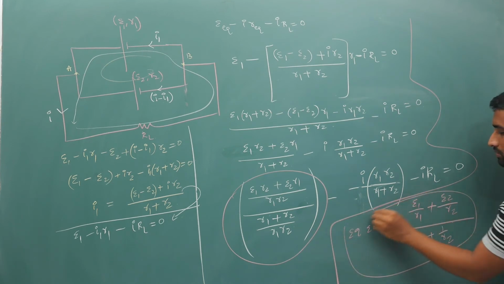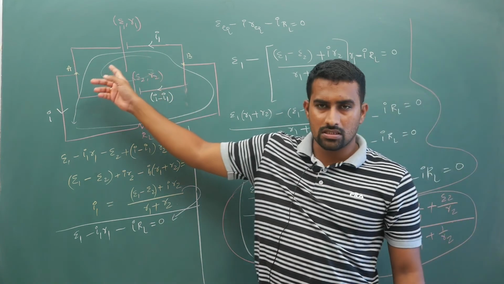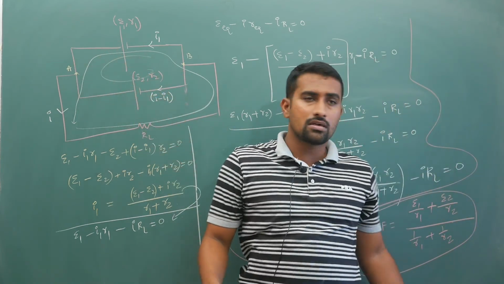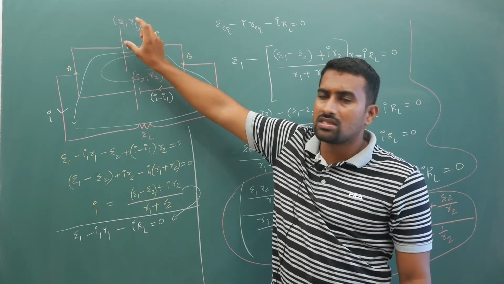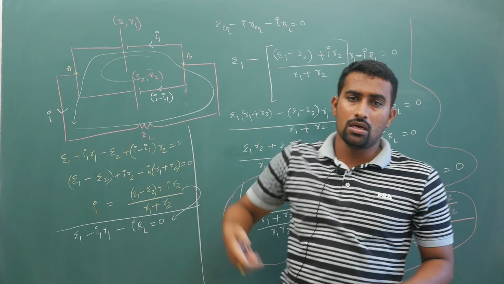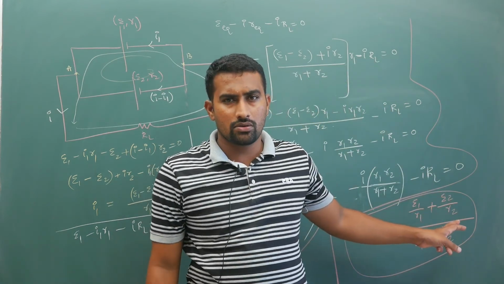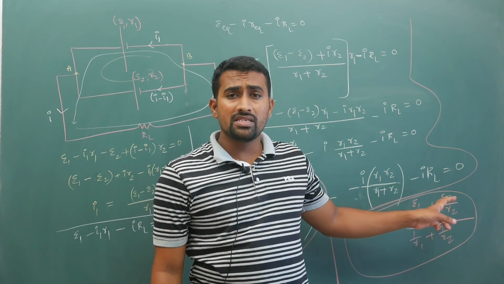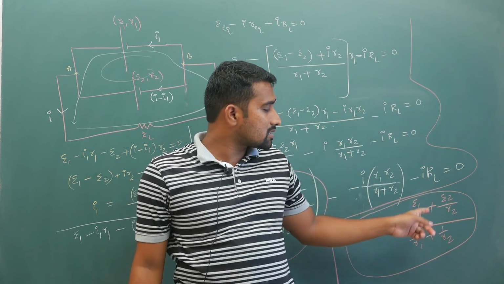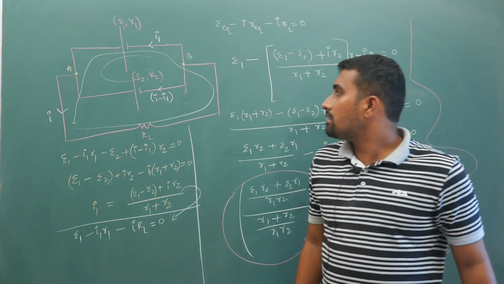Okay, now here this is what you are going to get, (E1 by R1 plus E2 by R2) whole divided by (1 by R1 plus 1 by R2), this result. Now if one of these cells is tilted, that means the terminals are interchanged. Check for which one is big, E1 by R1 is big or E2 by R2 is big. For the big value you keep the positive, your resultant terminal should be that way, and for the smaller value you simply keep a minus sign. Okay, and then you do it.